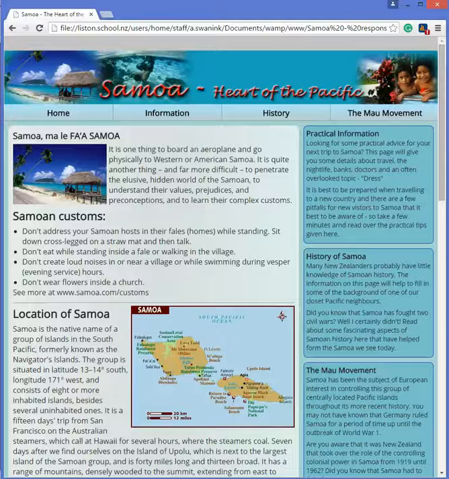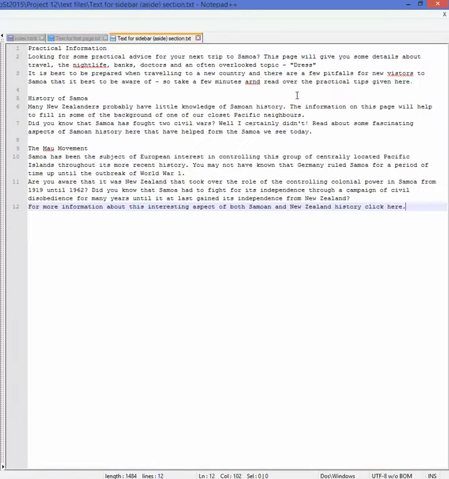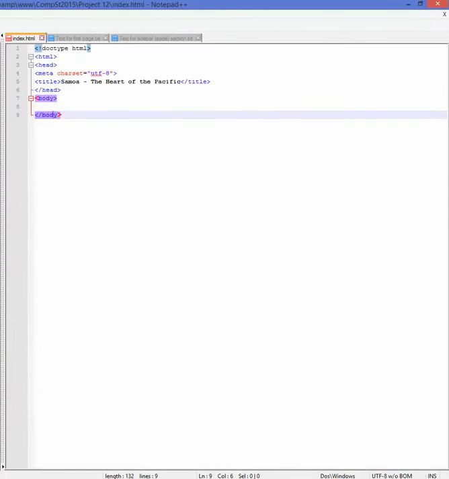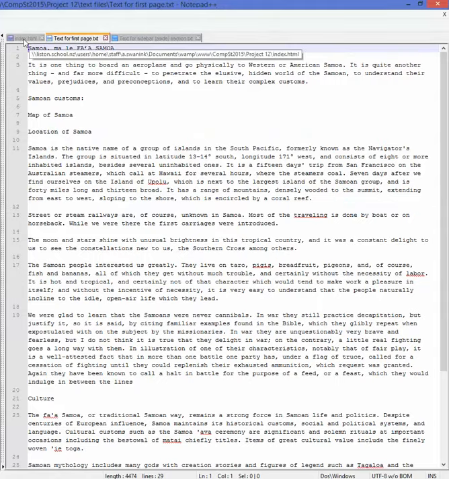Okay, so in this particular part here, what I've got open is the text file that's got the text for the first page and also the text for the sidebar area. I've set up a little bit of the HTML here and saved it as index, so you should be doing the same. Now I am going to be cutting and pasting material over from these two files here,